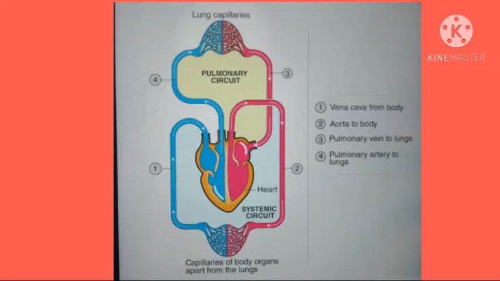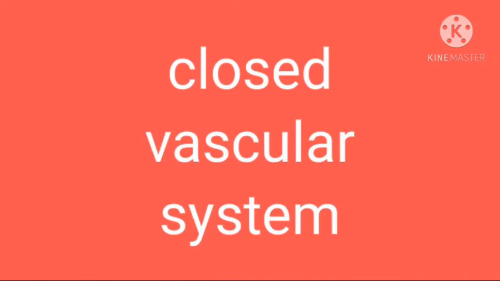Now our next topic: we are going to learn how the blood, lymph and tissue fluid show the relationship between each other. This is a diagrammatic representation of the relationship between blood, tissue fluid and lymph as they circulate in their respective vessels or spaces between the cells in the different organs. From this diagram you will understand that the blood in our body is always in the blood vessels. That type of system we call a closed vascular system.